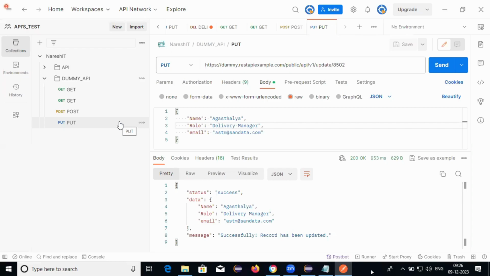How to provide the request through Postman? You have some idea. Is it clear? How to put the request through Postman? You have an idea, not some idea. You have an idea. Okay. So